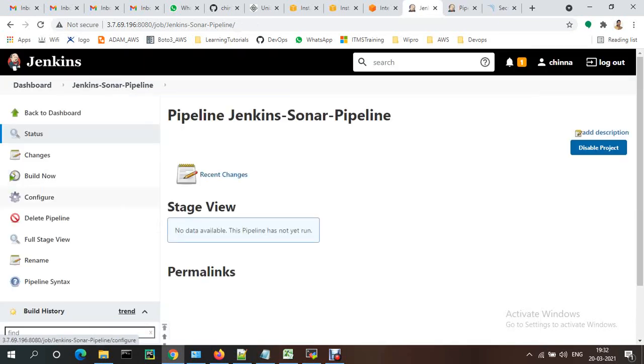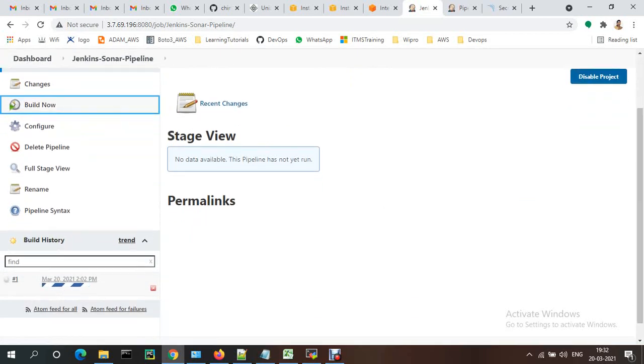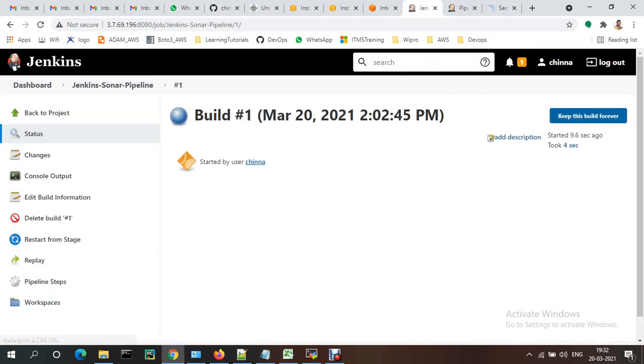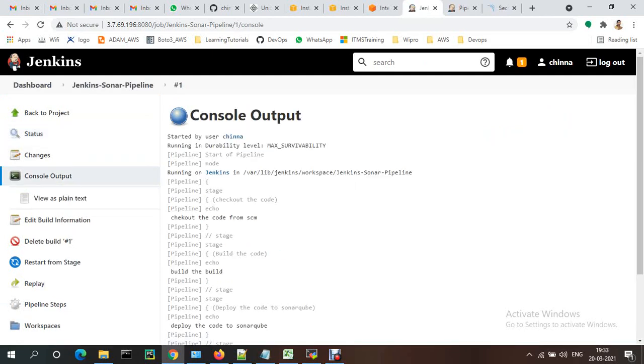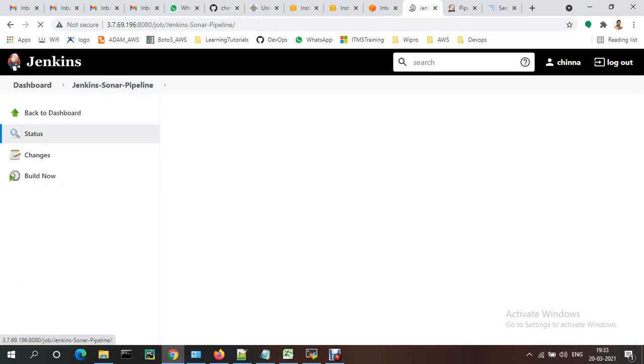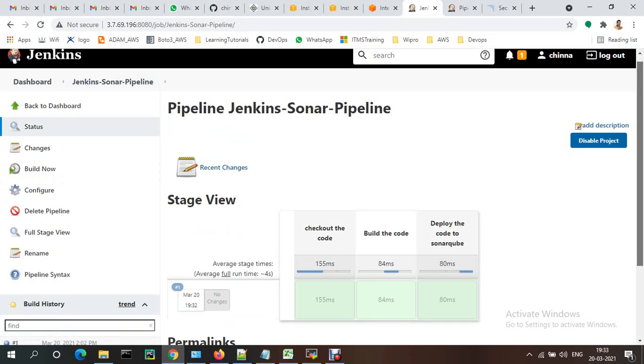So if you just do pipeline build now, the pipeline will be generated automatically. See, if you want to see the output, the console output, everything will be generated. Okay, if you go back to this pipeline, see, stages will be there.